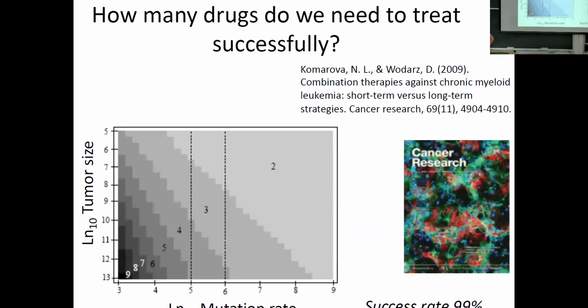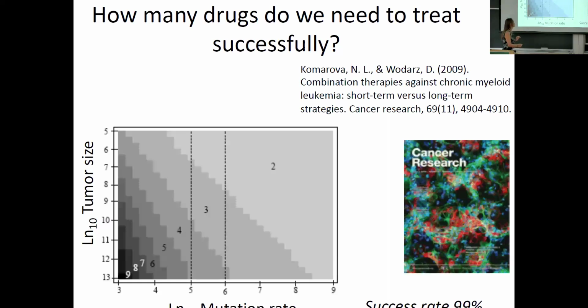So that's a theoretical prediction. There are many things that you can do with this formalism. Like you can calculate how many drugs, given the mutation rates, right? We need the parameters. Given the mutation rates, how many drugs do you need to achieve, say, a success rate of 99% for a tumor of a given size? So the success rate is never 100% because there's always a chance that you create a mutant that's resistant to